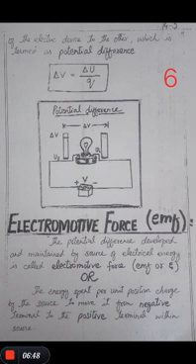So now we will discuss the electromotive force, that is EMF. The potential difference developed and maintained by a source of electrical energy is called the electromotive force. Now you will see the difference between the potential difference and the electromotive force. It should be denoted as EMF source. Another definition: the energy spent per unit positive charge by the source to move it from negative terminal to the positive terminal within the source.